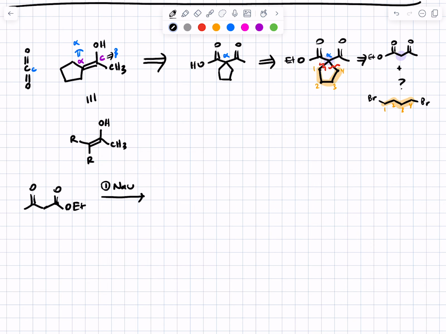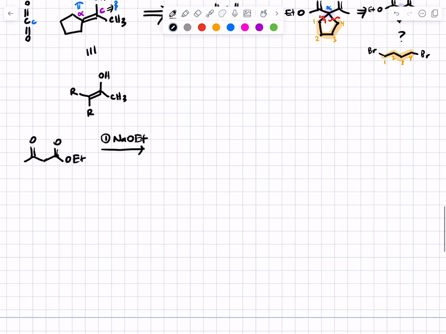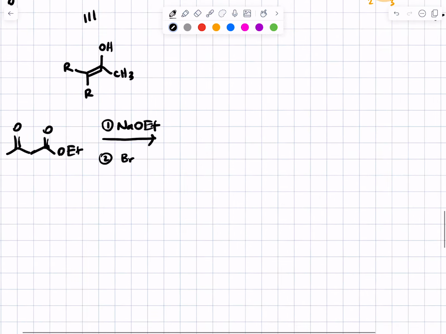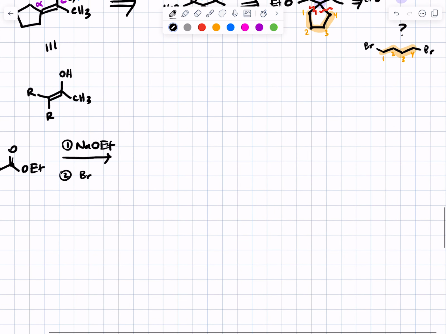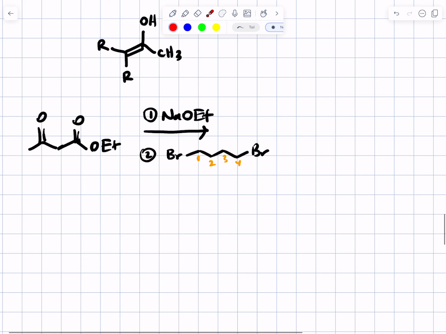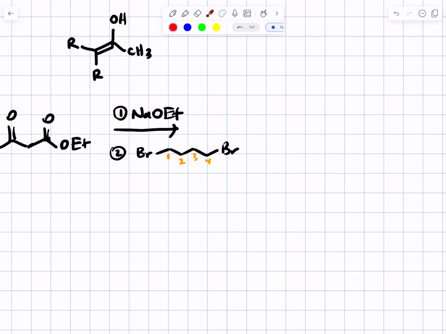We'll deprotonate it with our cheap and easy to get base, sodium ethoxide. And then we're going to use this 4 carbon dihalide: 1, 2, 3, 4 carbons and halides at either end. So this is going to deprotonate at the alpha carbon, and that's going to give me